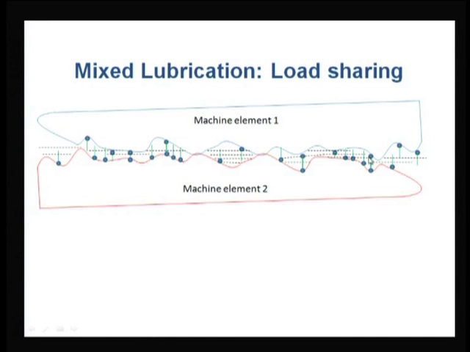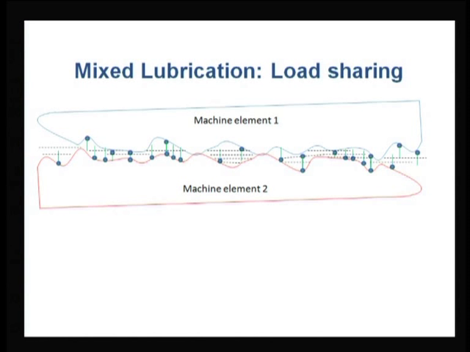There are few contacts with the boundary additives, few contacts with liquid lubricant, and few contacts where elastic deformation has happened. You can see this surface is elastically deformed. It is showing a much smoother surface compared to the valleys and peaks which are shown on the other surface. Similarly, there is an elastic deformation over here. So, there is elastic deformation, there are boundary additives, there are liquid interfaces also, and there is a dry contact. This is why we are calling it mixed